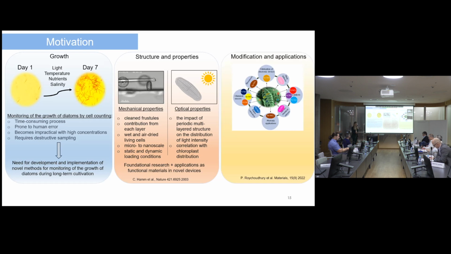Also, we can modify the surface of diatoms using different approaches. One conventional approach, and very interesting, is, for example, using nanoparticles. In that way, we can modify the surface for enhanced properties, but still there is a need for improved control over the deposition processes of, for example, gold nanoparticles, silver nanoparticles, and others. We need to achieve uniform coverage, and also we need to be able to create multi-layered and functional coatings. So the third part of the thesis explores a novel approach to modify the surface of diatomite powder with